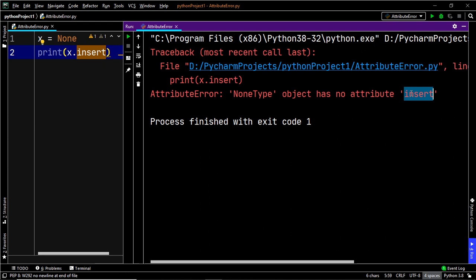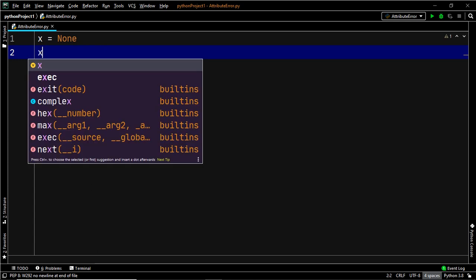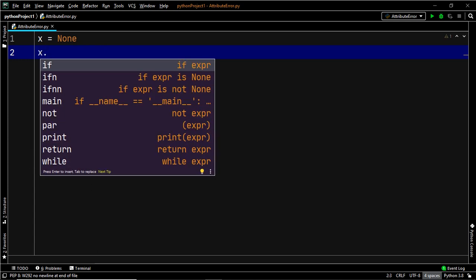Now let's go ahead and have a look at another example which will further clarify things. In this case, what you did was to try and access an attribute for the variable or the object x, but x has no attribute insert attached to it. Now let us try and assign an attribute to our variable x.